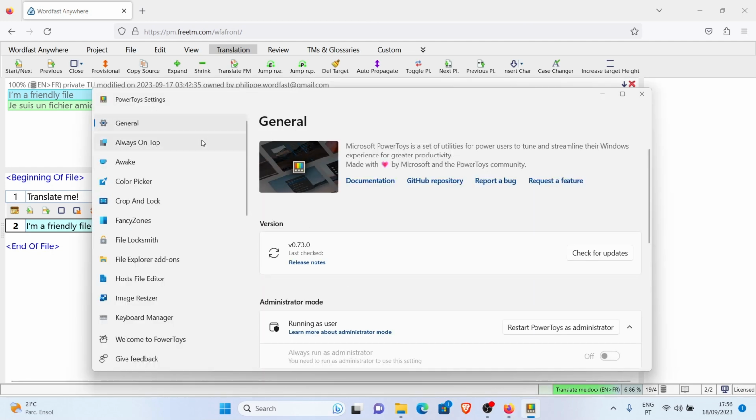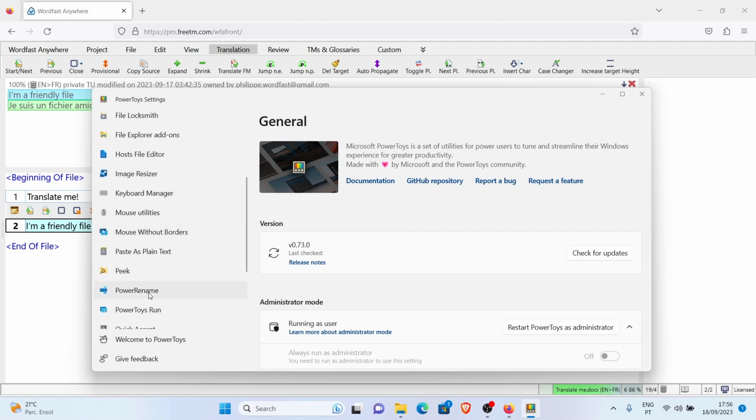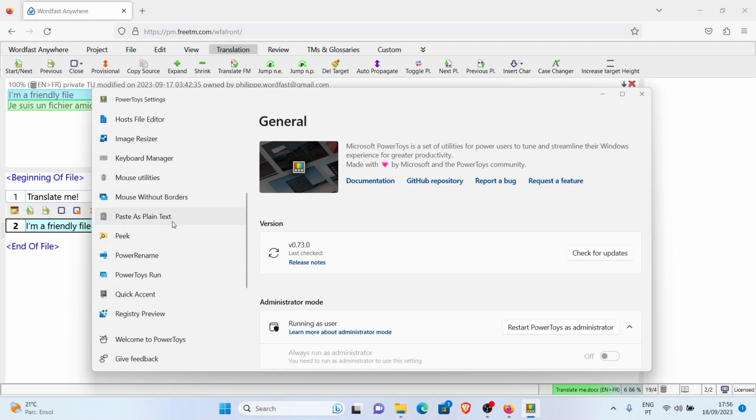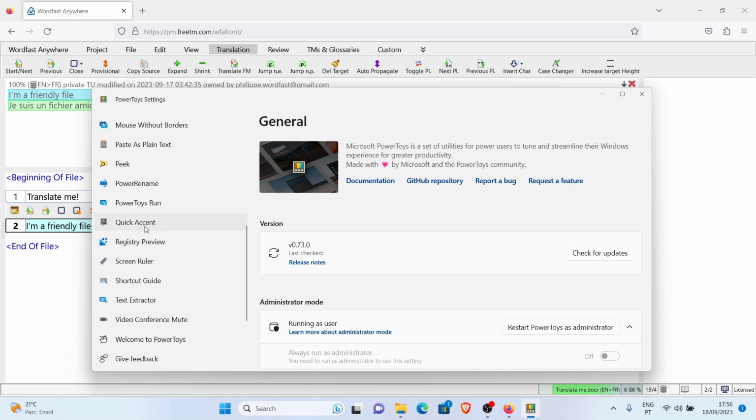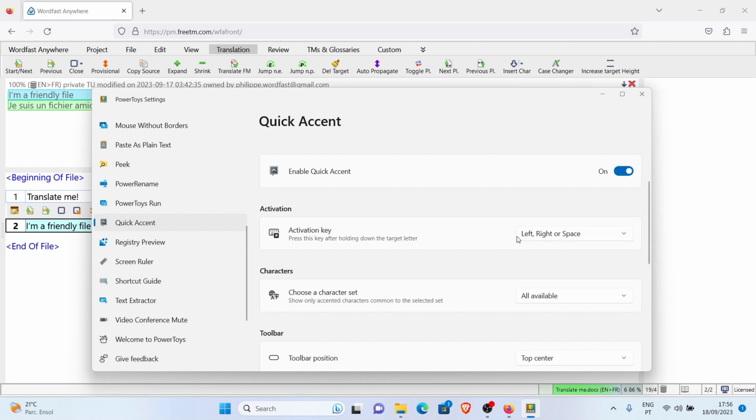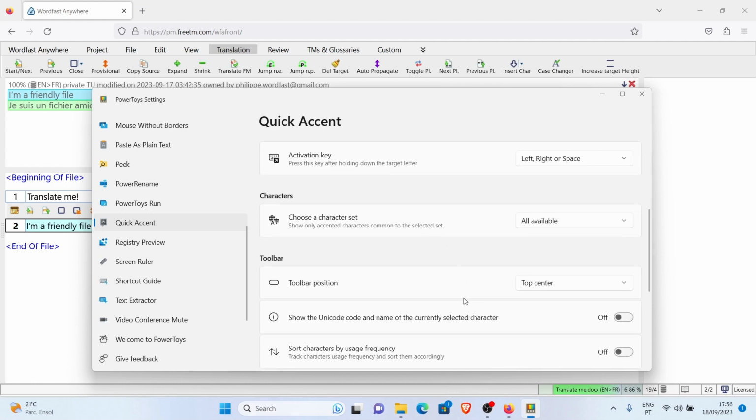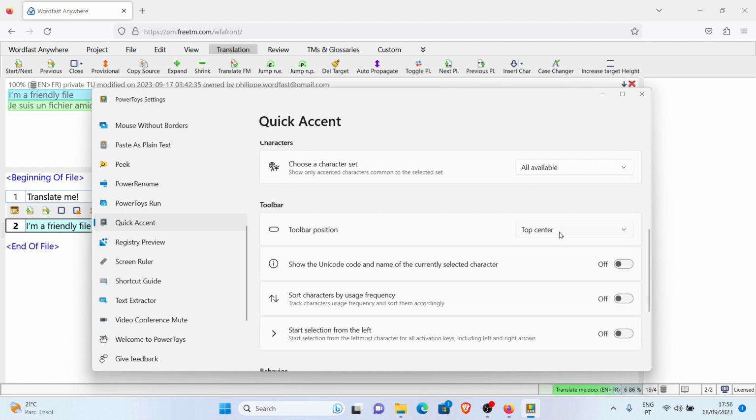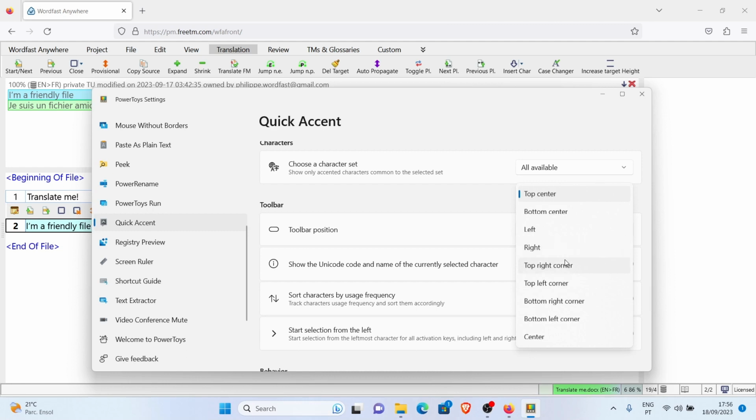So if I go into my Power Toys, then I go here at the bottom where I find Quick Accent, and so it's on. And I have the activation key, so it's the key you want, plus at the moment left, right, or space. So that's the left, right arrow or space, and you can change that. But I like it the way it is, I'm going to leave it like that. And then you can decide the toolbar position. So at the moment, as we saw, it's top center. I don't like that too much, so I'm going to use